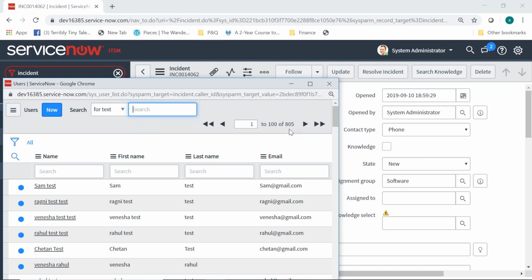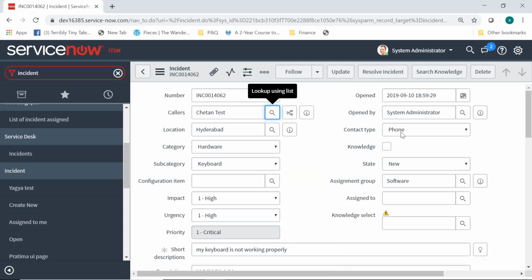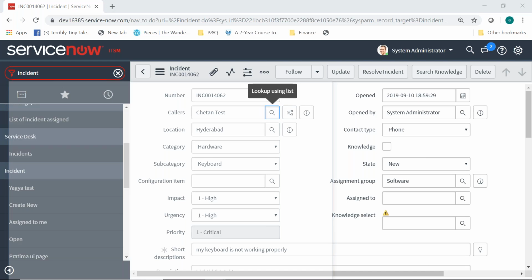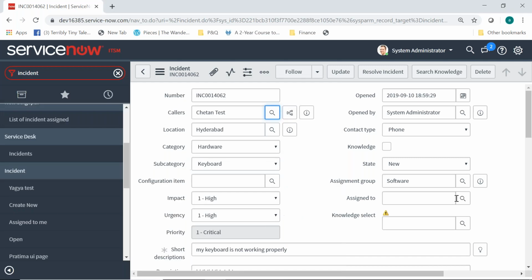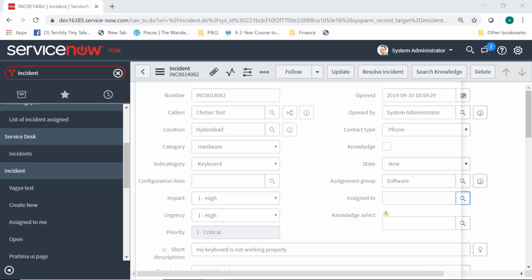So the issue in here is that in the assigned to, you should only be able to select people who are member of the group, correct? Yep. In this particular case, within the group, obviously not everyone. In the caller, when I was pulling it, it was showing you all the users in the organization. In assigned to, it makes sense that I should only be able to select the members of this group. So that's why it is not showing you all the users, rather it is only showing you people who are member of that group. That's why it is showing you a limited number in here. Make sense? Yep, got it. Perfect. Others?